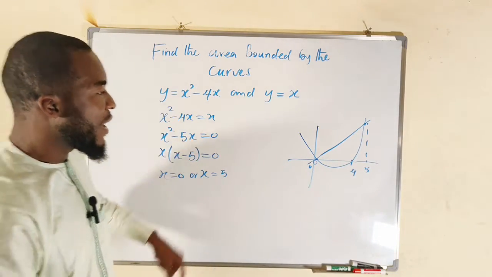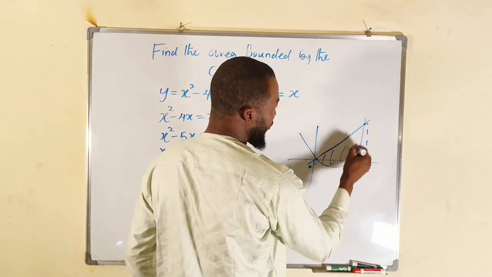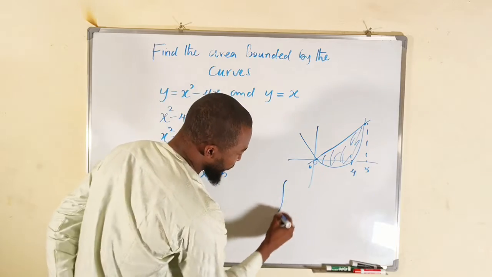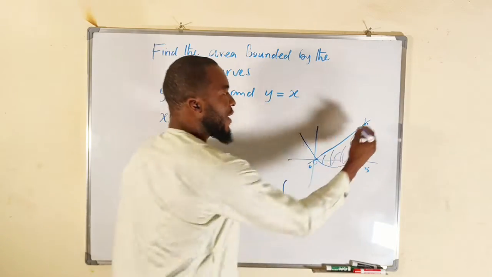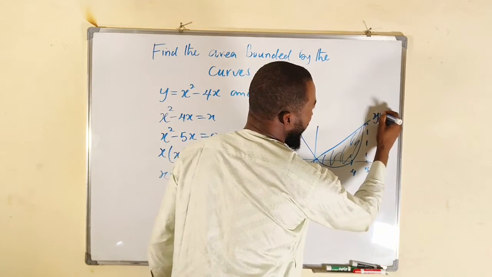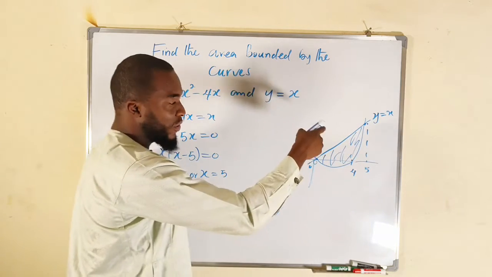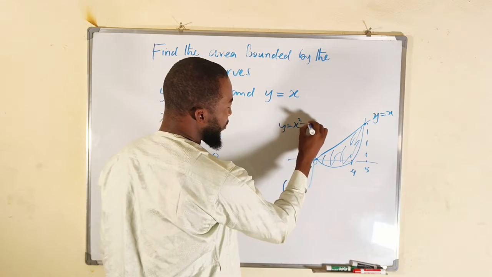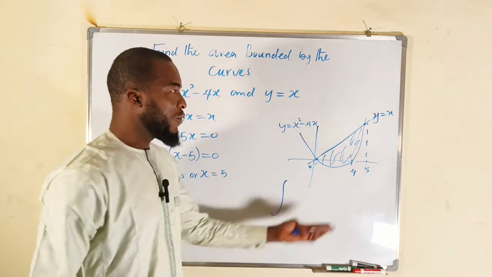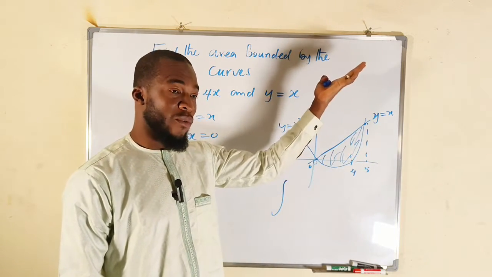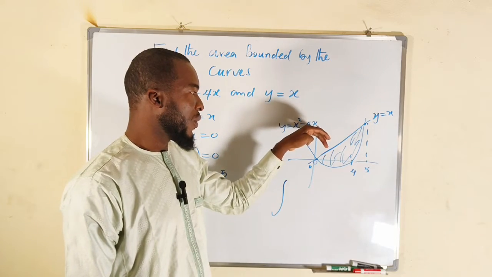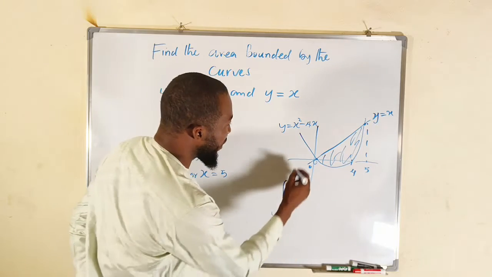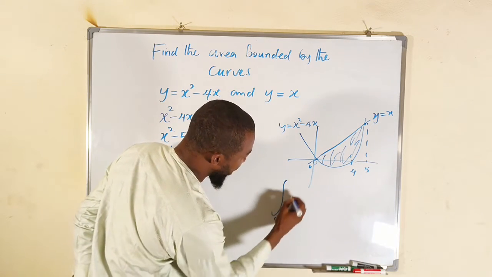So to find the area bounded by the two curves, which is this region, all you have to do is to integrate the function. You can clearly see that this is our y equal to x, that is the straight line, while this one is y equal to x squared minus 4x. So you can see that x is above, while x squared minus 4x is below, which means that this is greater than this. So we take the limit from 0 down to